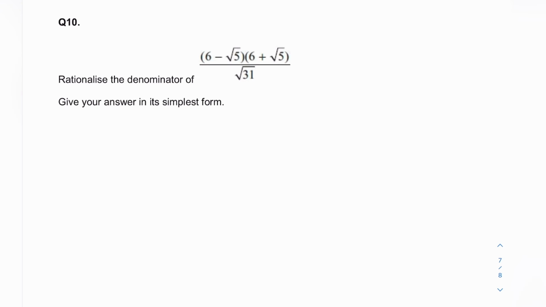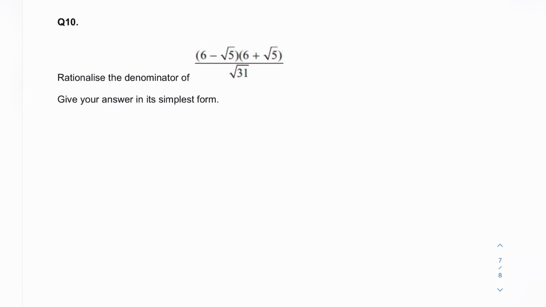Okay, so having a look at this next question. It's similar to the questions above, but first of all we've got to work with our numerator and we've got to expand this double bracket. So that's the first step I'm going to complete. So we had 6 minus root 5 multiplied by